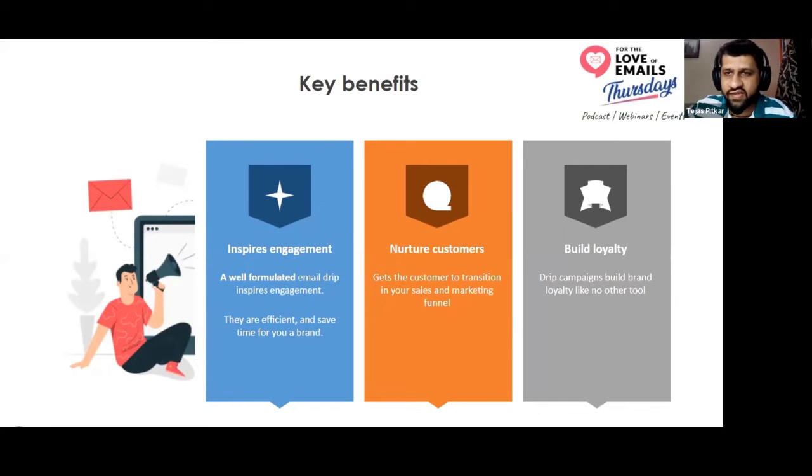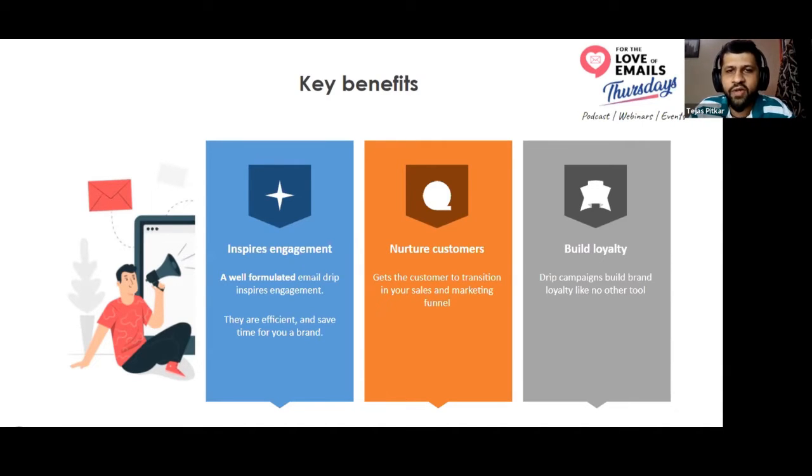a series of, say, 7 or 8 emails, and they are also very time efficient for you because, as I said before, you just have to set them up once, and you don't have to keep on creating a new campaign every time, like a broadcast campaign. And then all the time and resources that go into creating 7 or 8 campaigns is just one-time work, and you can keep on getting the results, whether it's clicks, whether it's conversions, over